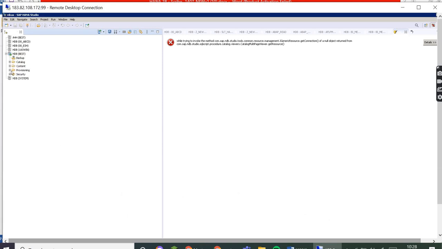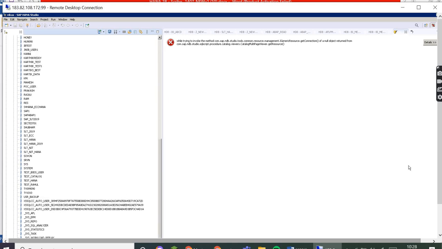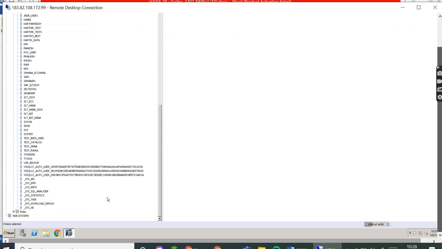Okay, so if you observe, we have security, and within security, if you open the users, you can find all the system users here, like underscore SYS, AFL, EPM, repo users, SQL analyzer, statistical user, SAP task, workload, XB.